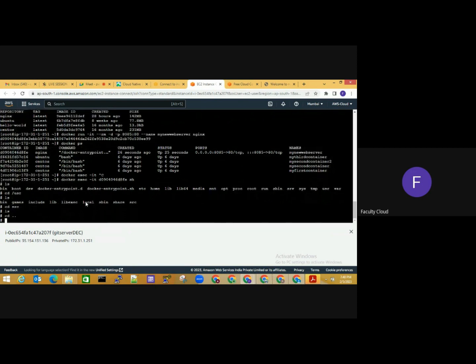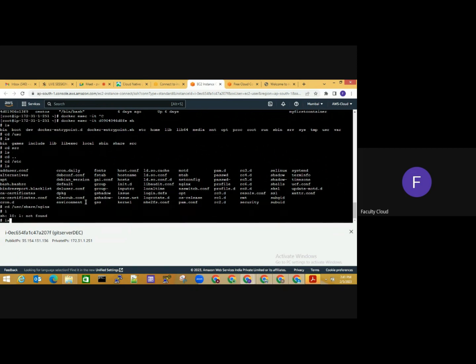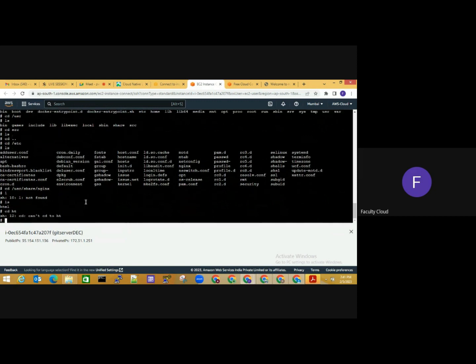Okay, src is empty for some reason, so what I'll do is go to slash etc. I'm getting all the configuration files. I'm just opening up cd slash usr slash share slash nginx. Yeah, I'm getting the HTML path.